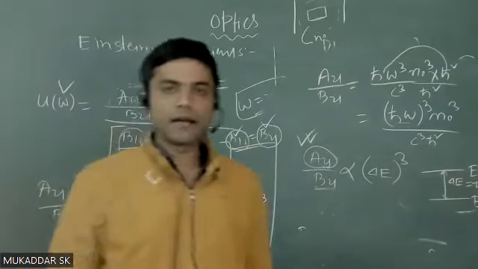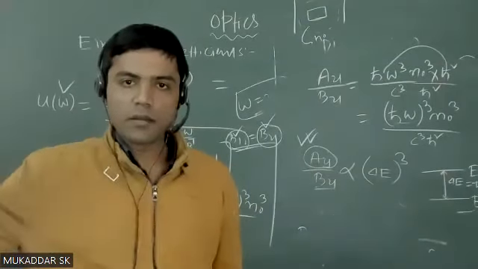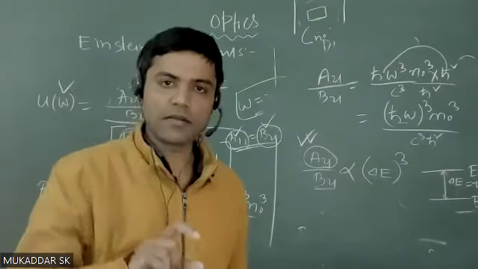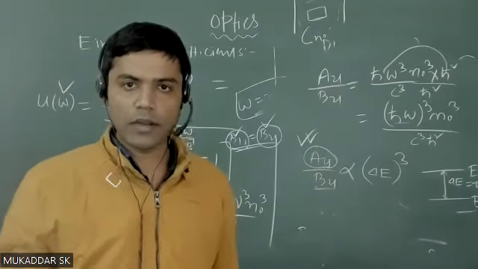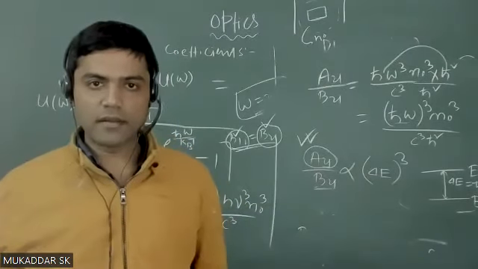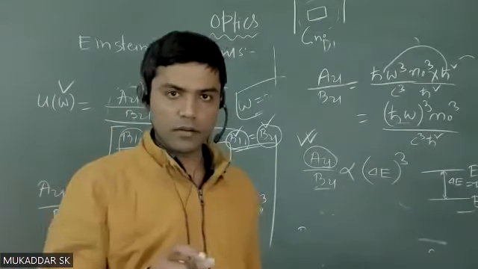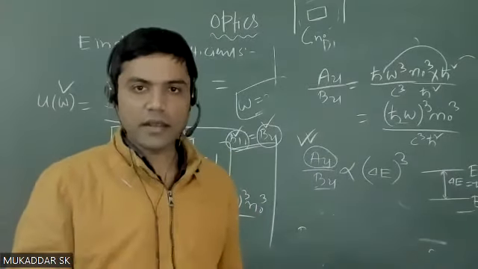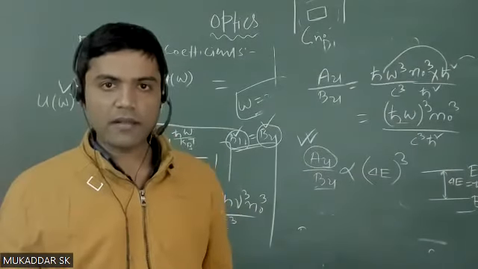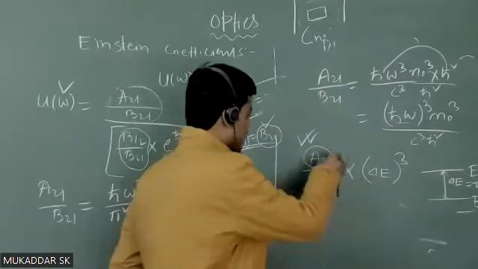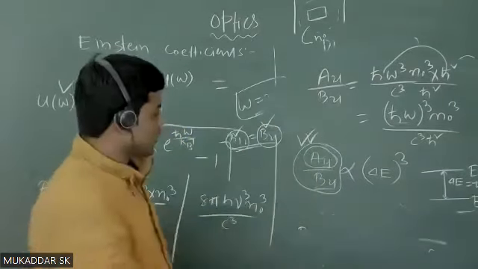For laser light, you have to minimize spontaneous emission as much as possible, because spontaneous emission will never help you create high intensity, or build up any intensity. So you have to increase stimulated emission. So obviously you have to reduce this factor, because if this factor is large,